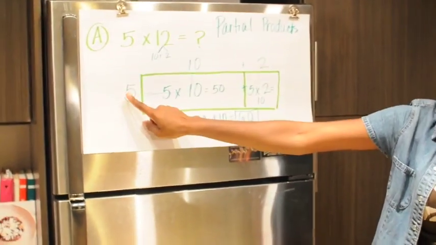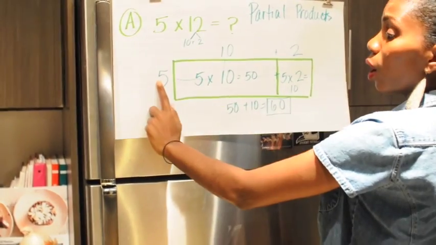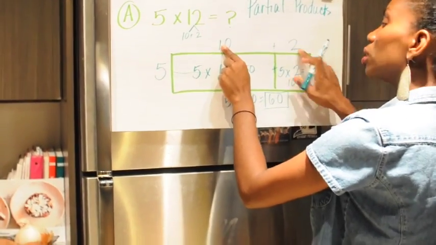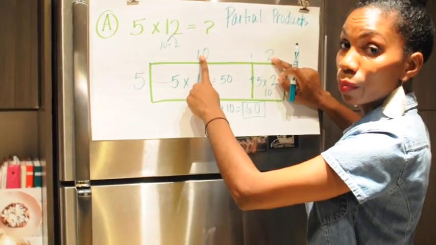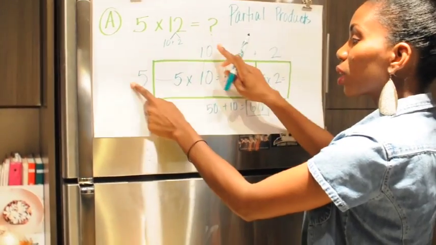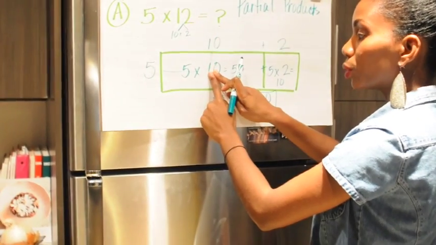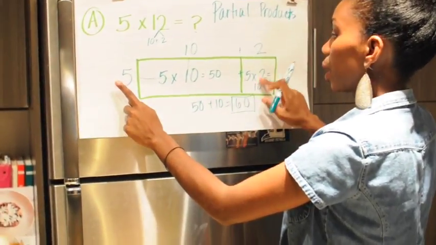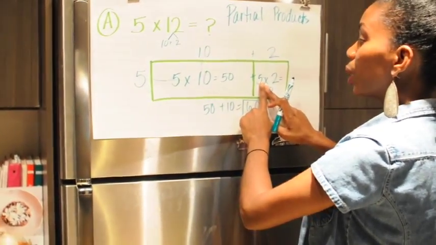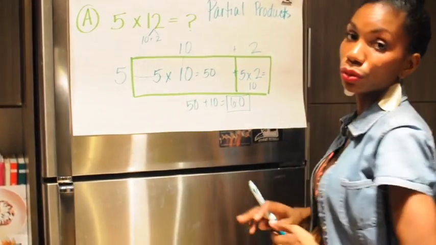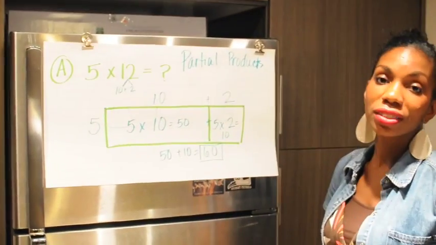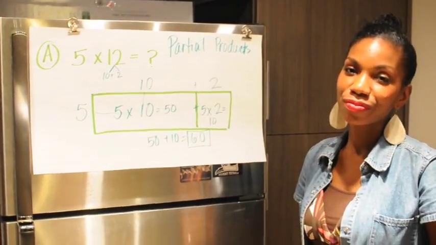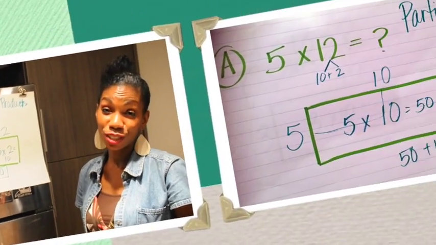So boys and girls, remember, we write our first factor, the smaller one, on the outside of this box. Across the top is our expanded form. And then inside this box, I realize these 2 numbers are meeting right here in the middle. So it's 5 times 10. In this box right here, I have a 5 and 2 meeting. So this is 5 times 2, which equals 10. And I would add my products together just as I did with our other tool. Go ahead and transfer this onto your